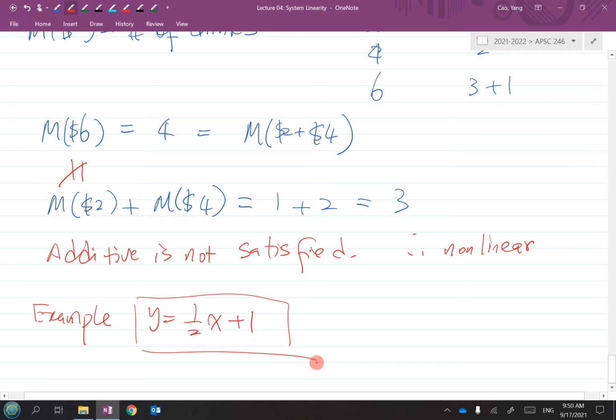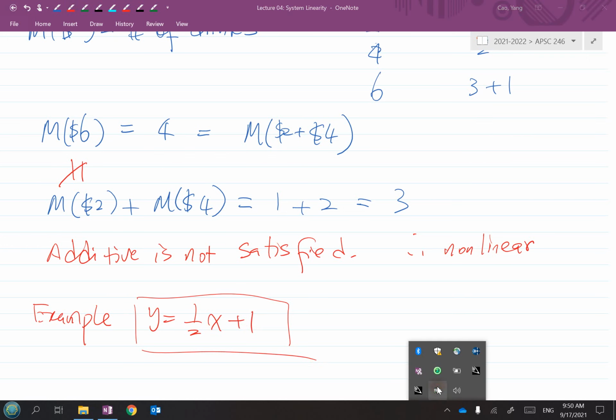Yeah. If we have proof, one of them is not